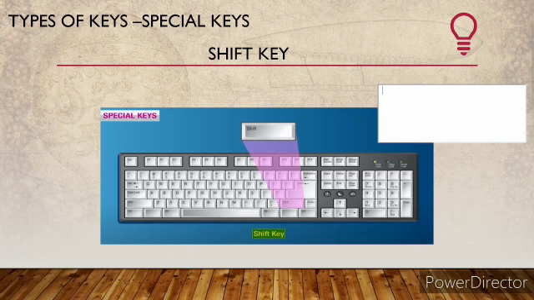Now look at here, I'm going to type San Academy, then I need only S in capital. So I'm using shift and I'm pressing the letter S. Then all other letters I'm typing in small letter. So to type a particular letter in capital form, we can use this shift key. This is the function of shift key.